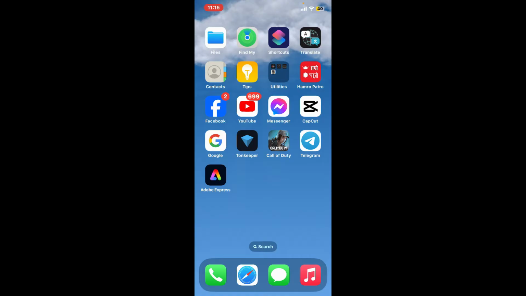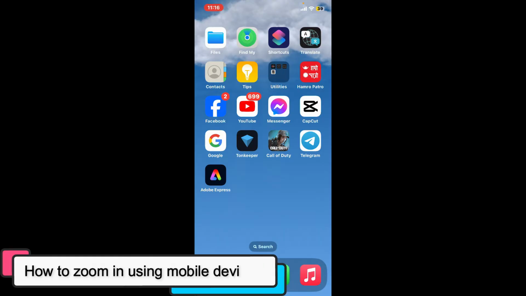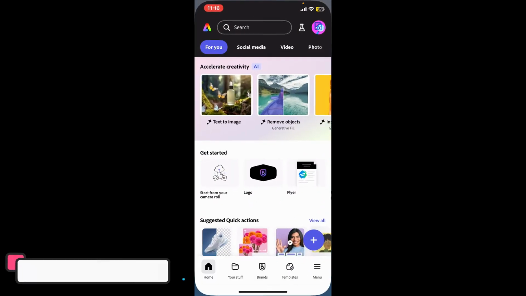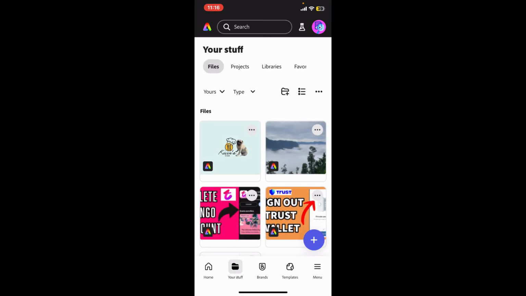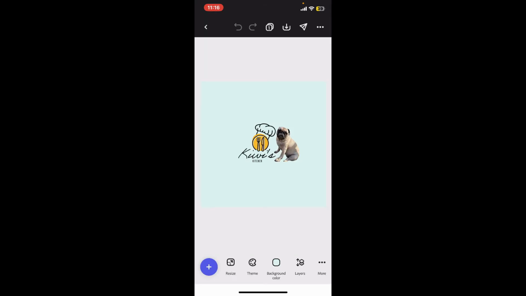In this video, we will be learning how to zoom in using a mobile device. In order to zoom in on Adobe Express, first of all, open up your Adobe Express application and open up your existing project. After you open up a project and on your timeline, you see this kind of a project